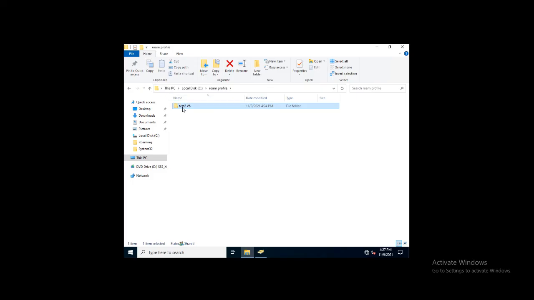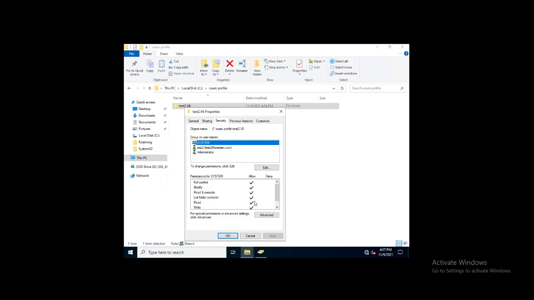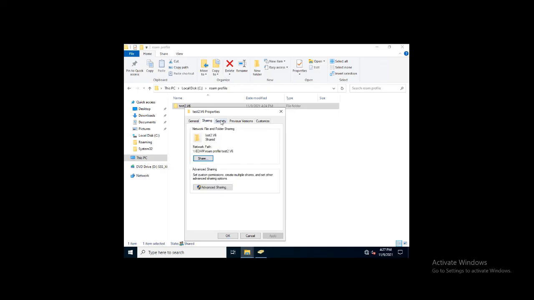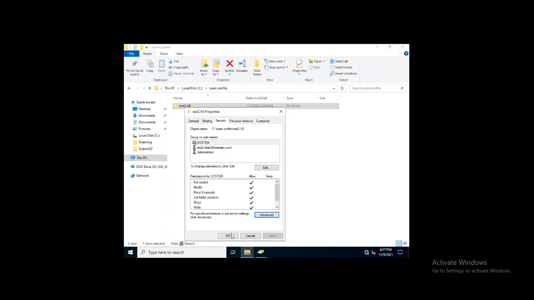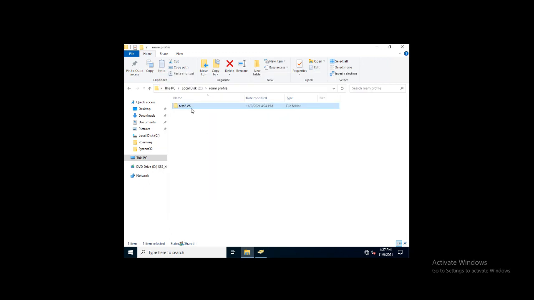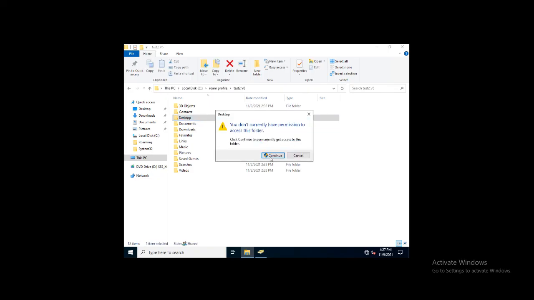Here, what I did is, in order to open this folder, no user account can access it, just because I am an administrator. What I did is add the administrator account here. I clicked on advanced, clicked on change, added the administrator account and clicked on OK. Now we will see if we can see the files which were created by the user.